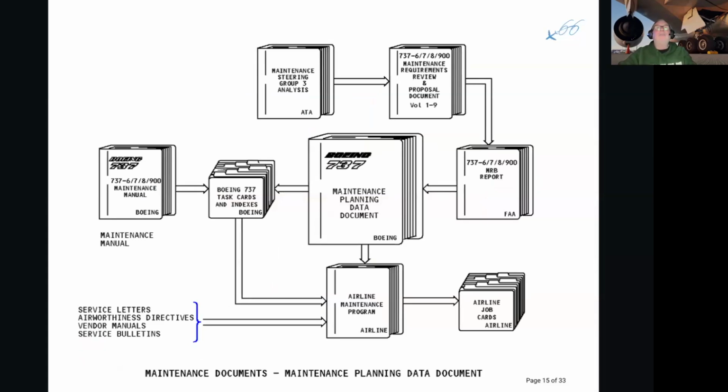All right. So this is our favorite bit. We talked a lot about maintenance planning the other day and MELs, and we're just going to go through the maintenance documents quickly. Obviously, our holy book is the maintenance manual, and the maintenance manual consists of different task cards and indexes, which come from the maintenance planning data document, which is a document that comes from Boeing, but the